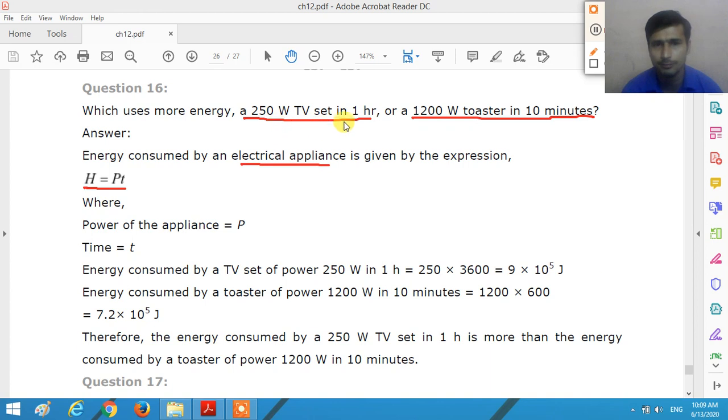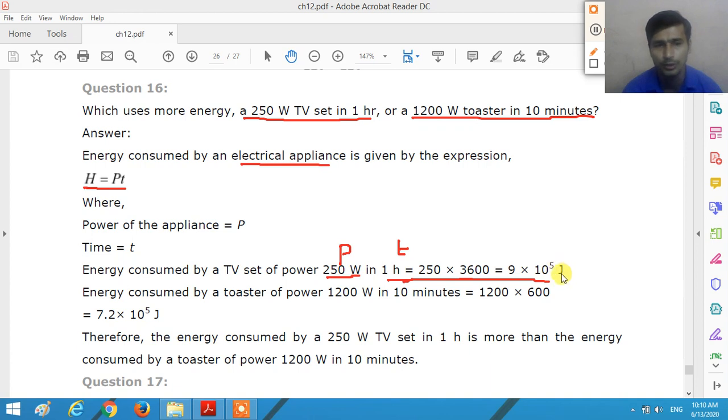So first for the TV set, for 1 hour, we take power P equal to 250 watt and time T equal to 1 hour, that is, in seconds, 250 watt P and time 1 hour is equal to 3600 second, right? If we multiply these two, we get the energy consumed by the TV set, 9 into 10 raised to